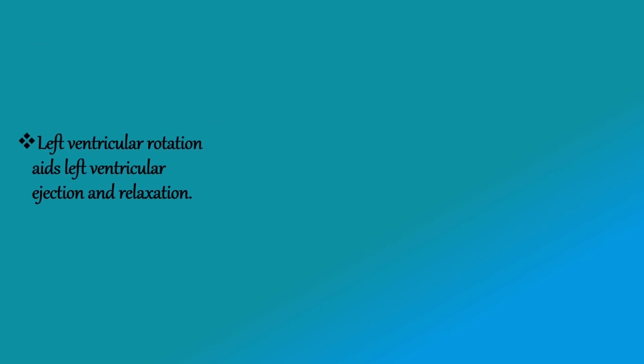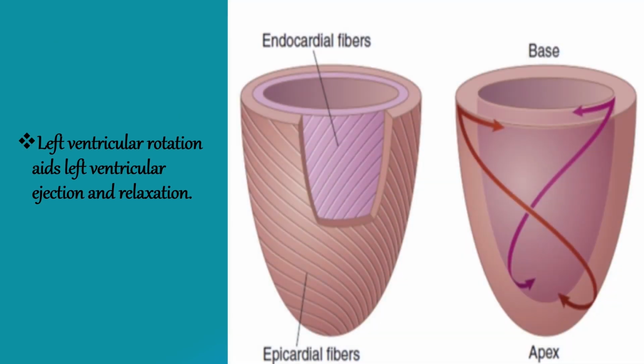Left ventricular rotation aids left ventricular ejection and relaxation. The subepicardial or outer layer spirals in a leftward direction, and the subendocardial or inner layer spirals in the opposite direction, or rightward, causing clockwise rotation of the apex of the heart and counterclockwise rotation of the base of the